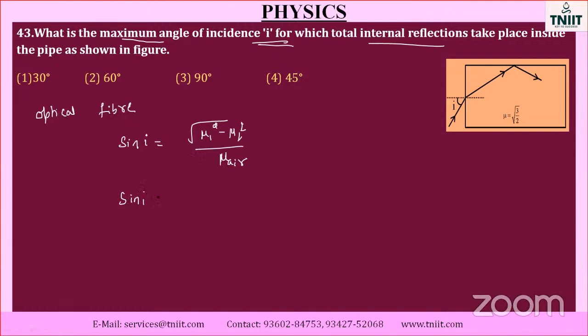So sin I is equal to, what is the first refractive index they have mentioned here? That is 3/2 squared. The surrounding medium, if they have not mentioned, means air, refractive index 1, divided by 1. So sin I value will be equal to root of 9/4 minus 1, which is equal to 5/4, which is equal to